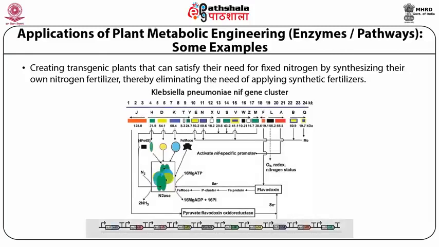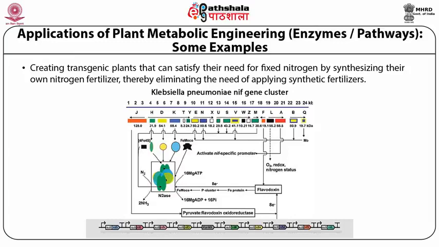Only bacteria are capable of fixing nitrogen. Nowadays, scientists are trying to incorporate this particular pathway into the plants so that plants can synthesize their own fertilizer, so that farmers are freed from using synthetic fertilizers for crop production. There are 16 genes involved in this, and several scientists are using a minimum set of 10 genes to transfer to plants for production of the nitrogenase enzyme.